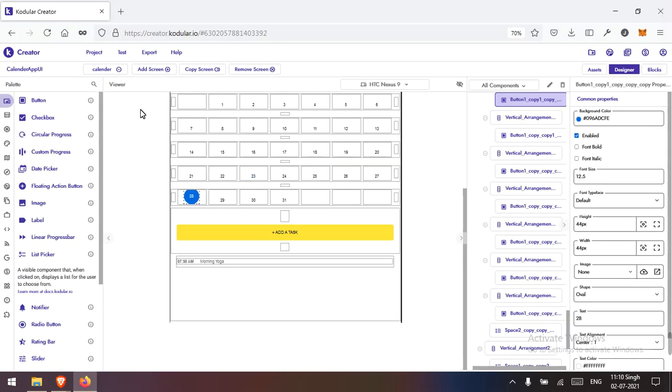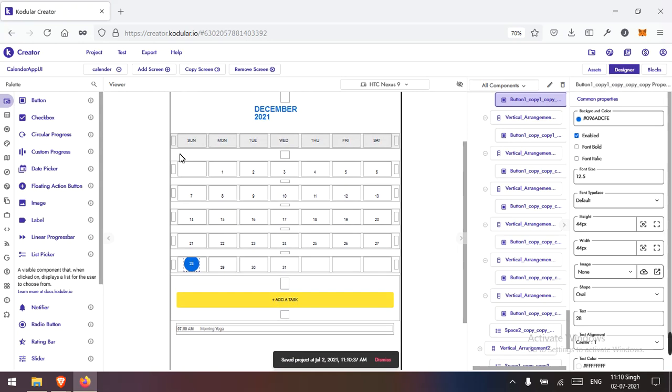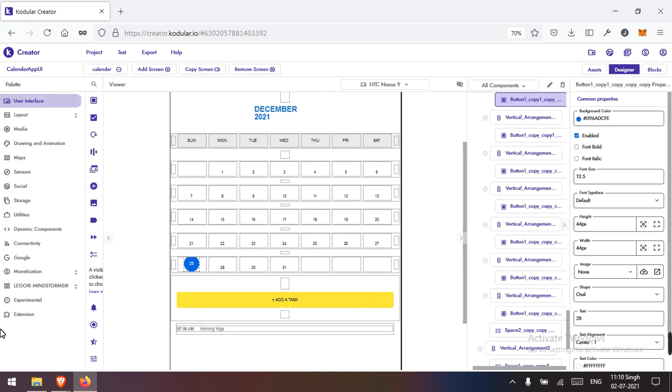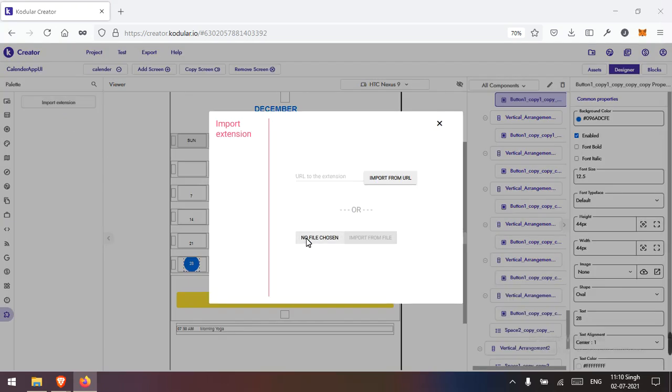Now let's use a selection. Sorry, first we have to create these rows dynamically. So we have to grab the dynamic extension here, and